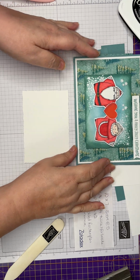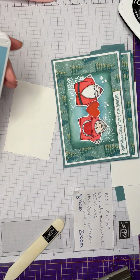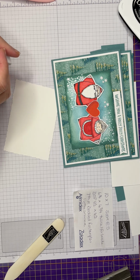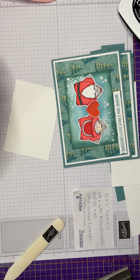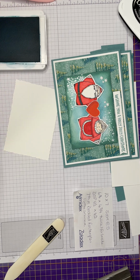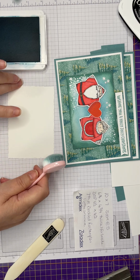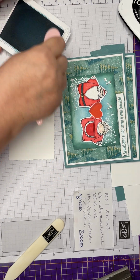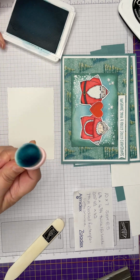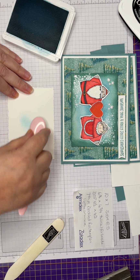So how I achieved this look was I got some Balmy Blue. I haven't gone with necessarily the colours that were in the paper. I've gone with the colours that I wanted to use, and quite often that's the way I roll. So if you want to choose the colours that are in the papers, fine, but for me this works. So I'm going to load up a brush with Balmy Blue, and